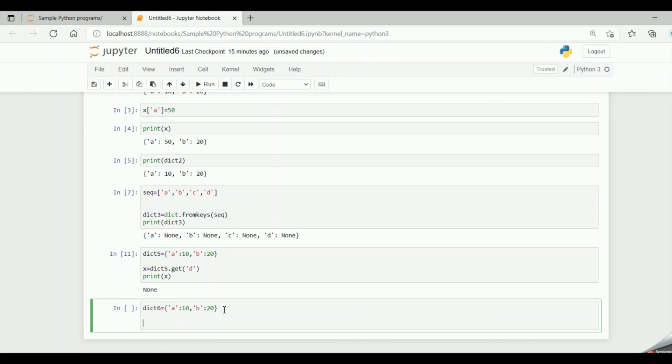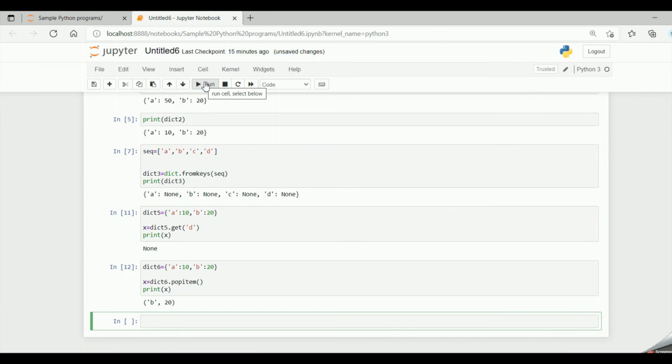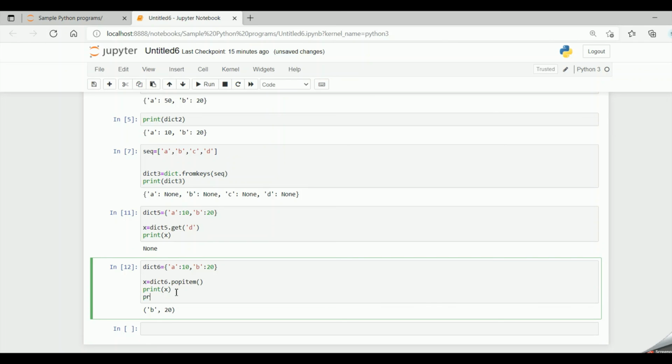Now if I say x equal to dict6.popitem, and now if I say print x, so B and 20, that is the key and the value pair in the tuple format, will be returned by x.